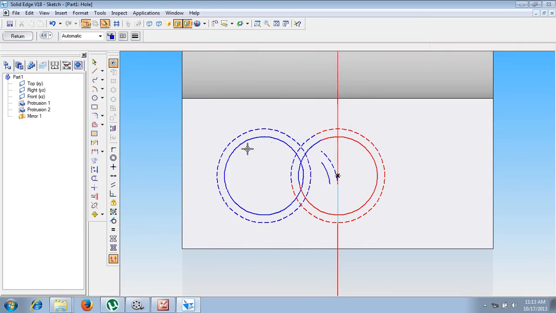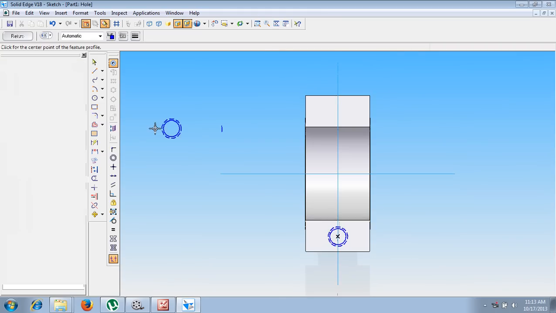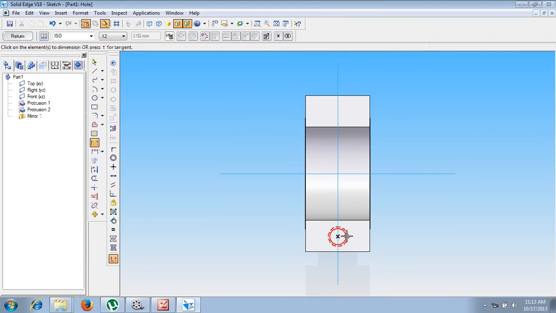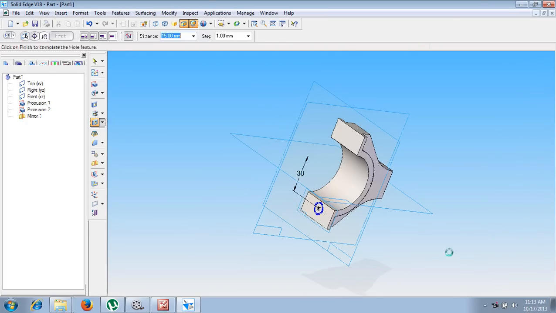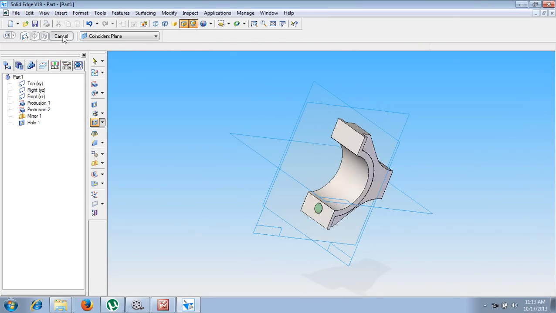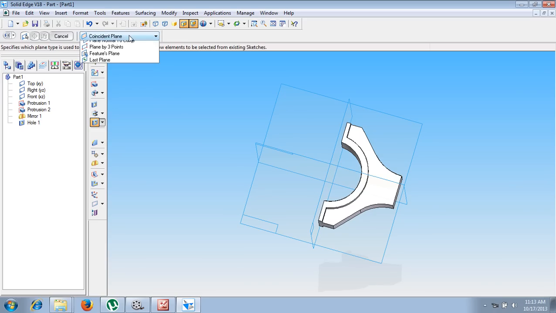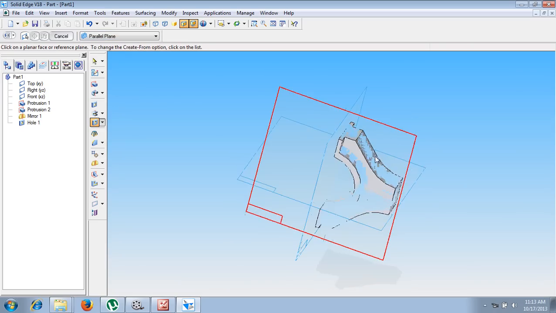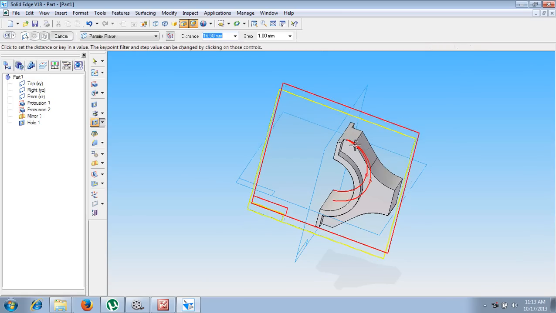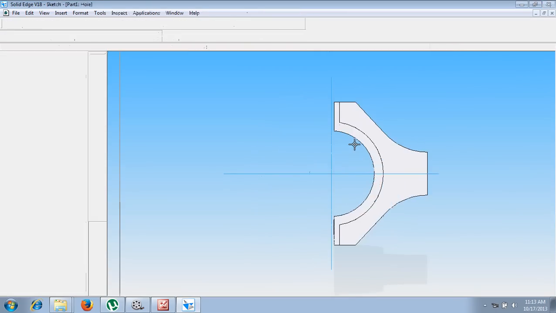And let me position it exactly at the center of this datum, and using the distance between command, the distance between this datum and the center is supposed to be given as 30 millimeter. After giving these dimensions, say return, define the direction, say finish. Now we have to create 1 more hole of diameter 2.5 over here. How to create it? Don't go for coincident plane, once again go for parallel plane. Now this plane should be parallel for a distance of 10 millimeter once again.